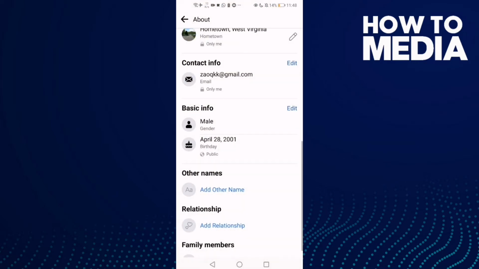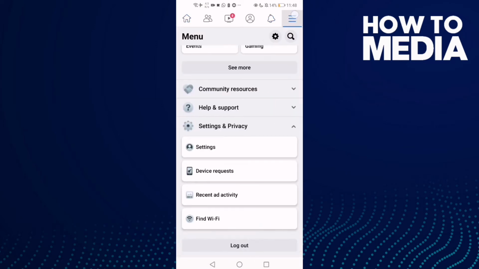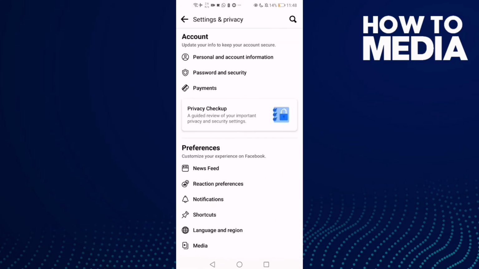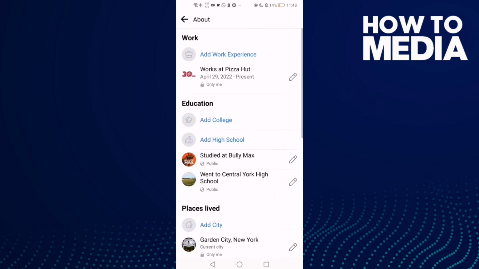First then let's go back. Now click on these three lines here and go down. Click this one, settings and privacy, and click settings, and then click profile information,